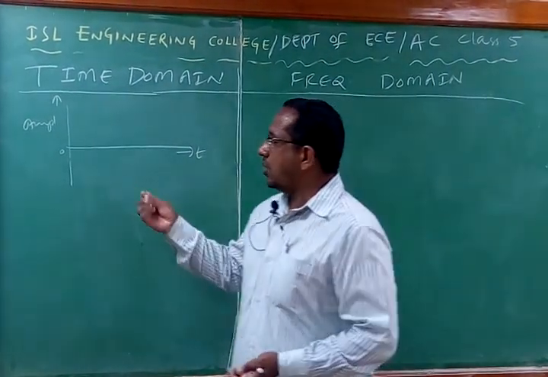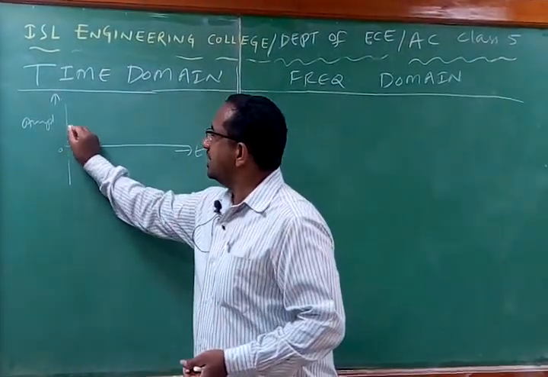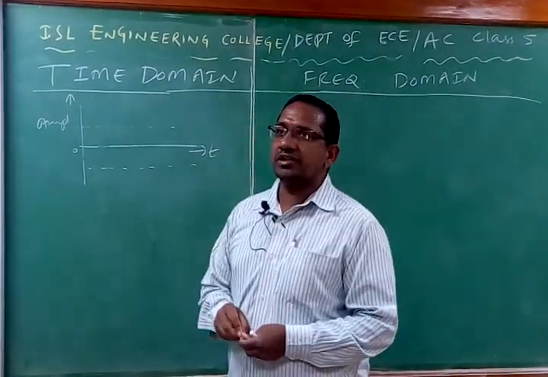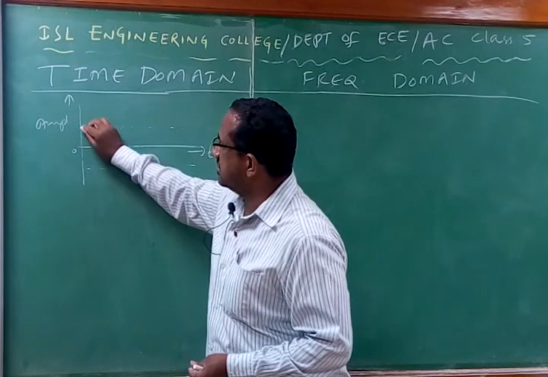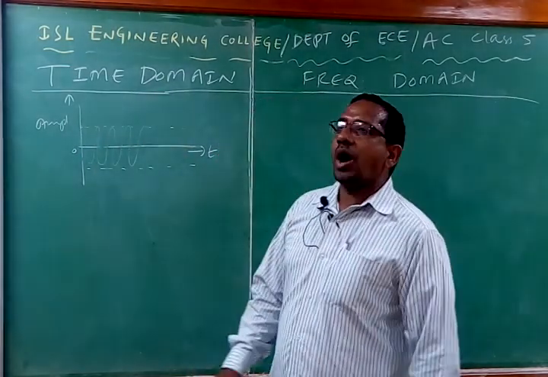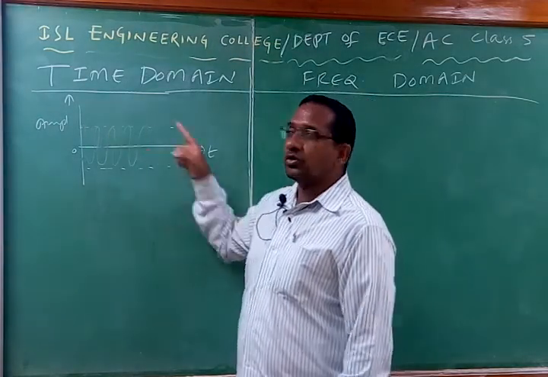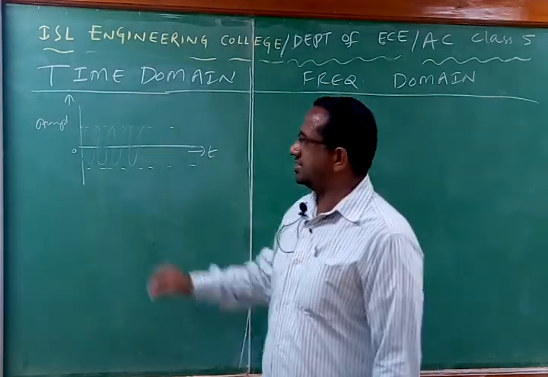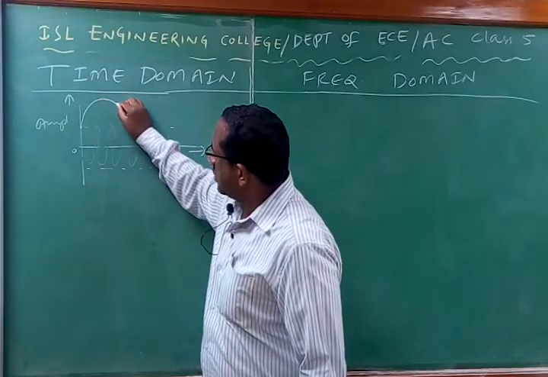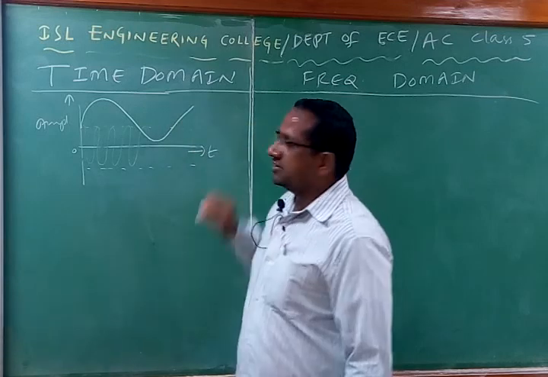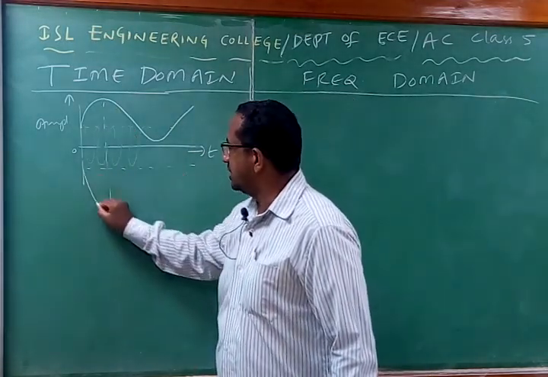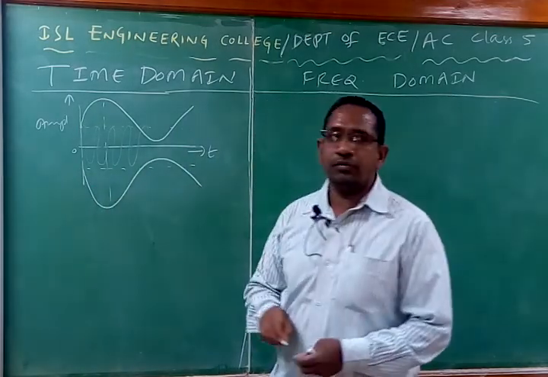Now what did we discuss in the last class? Imagine the carrier has an amplitude like this, peak to peak amplitude. So the carrier signal is something like this. I am drawing it very lightly. Now after this carrier is amplitude modulated with respect to the message signal, how does the modulation take place? It takes place simply like this. We are going to get two envelopes for amplitude modulation.